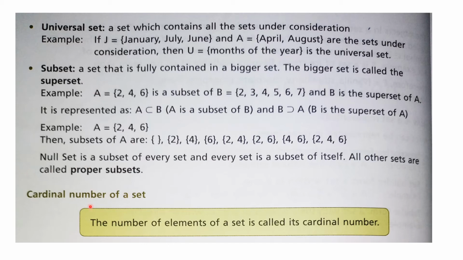So next we come to cardinal number. What is cardinal number? It is the number of elements. And how do we write it? Let's consider an example of this set. A is 2, 4, 6, and you have to write how many elements are here: 3. So how will you write? You will write n in brackets, you will write the name of that set, which is A, and it is equal to 3. It means that the number of elements in set A is equal to 3. So this is how you write the cardinality of a set.